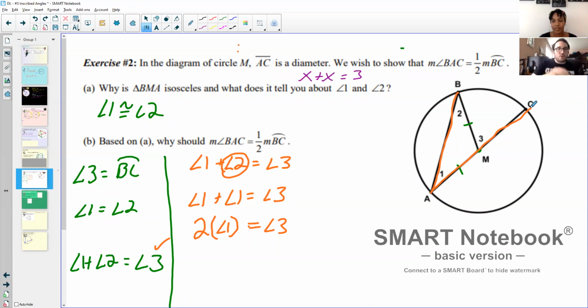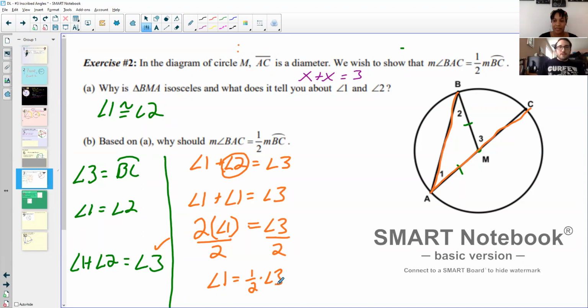And you can unmute yourself and talk, or you can type it out. Divide by 2. Divide angle 3 by 2. Yeah, divide by 2. Boom. Inverse operations. And we get angle 1 is equal to, now, when we divide something by 2, isn't that just half of it, halving it? Yeah, right? We need a couple of yeses. Yeah. So dividing by 2 is the same thing as multiplying by a half, right? So I can say that angle 1 is the same thing as 1/2 of angle 3,